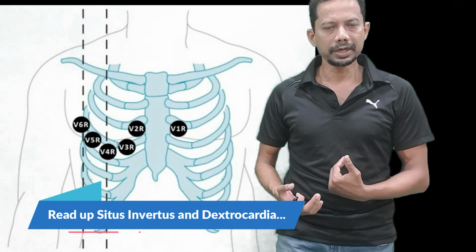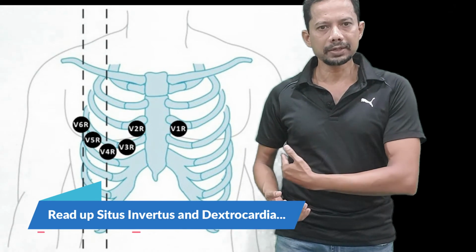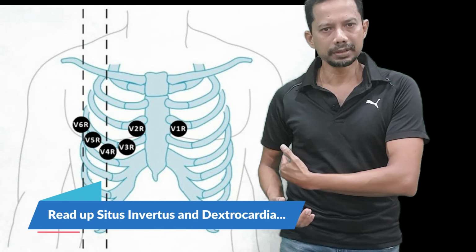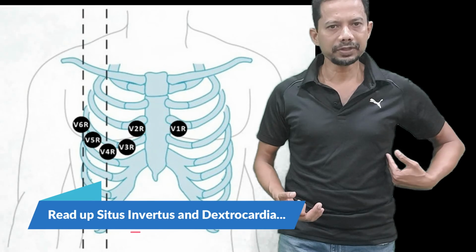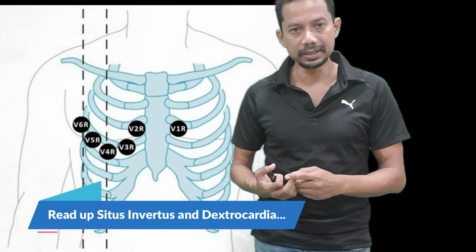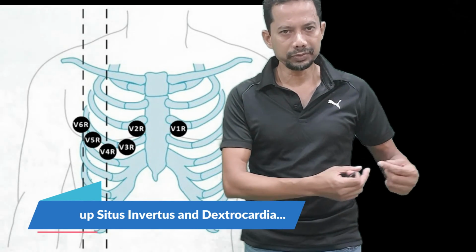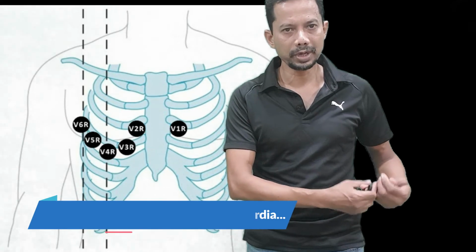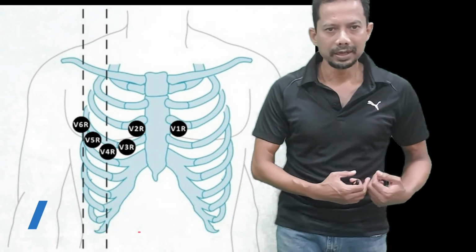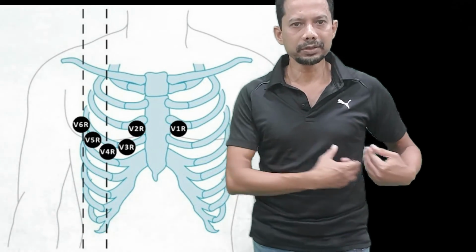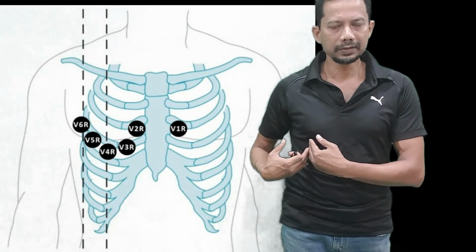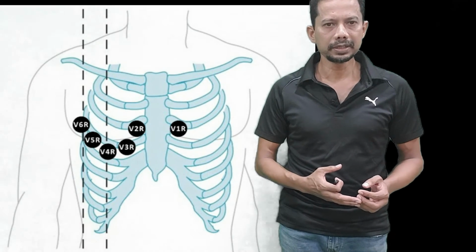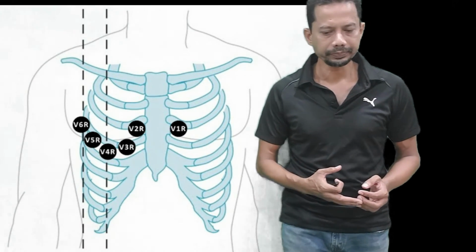So in true dextrocardia, you will place the electrodes on the right side, which you would have normally placed on the left side. That will give you a normal ECG, just like the ECG which we get in a patient who doesn't have dextrocardia. In dextrocardia, if you place the electrodes on the left side, you will get a different type of ECG. We'll discuss that in a different video, the ECG findings in dextrocardia.